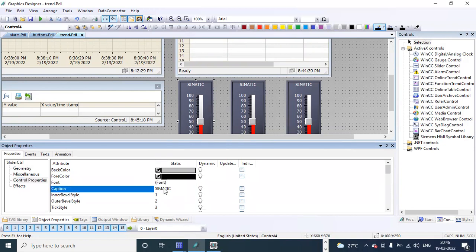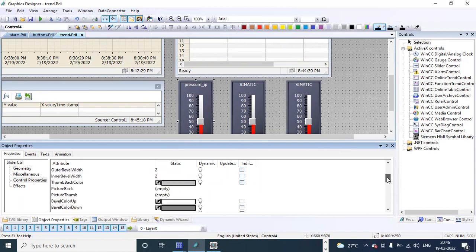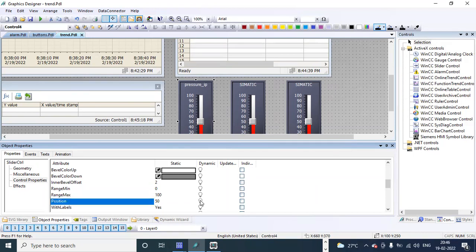under caption. For this, you can change the pressure input, and here we have to give the tag name under position, right? In analog display, okay, we are seeing this slider, right?